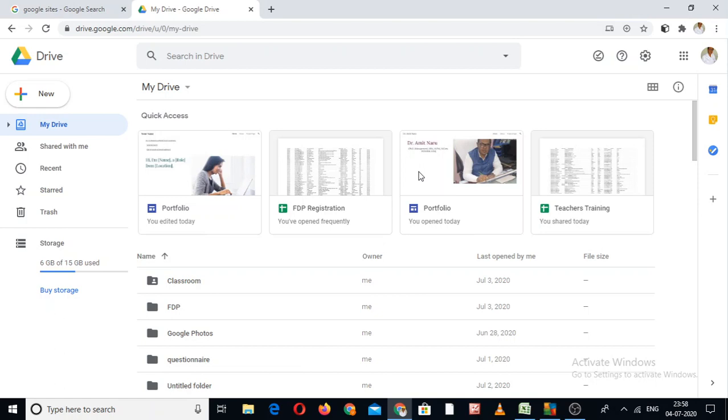Being a tutor, you can use it. You can say that it is one kind of your biodata or resume, and this biodata or resume can be converted into a small link. Very simple.